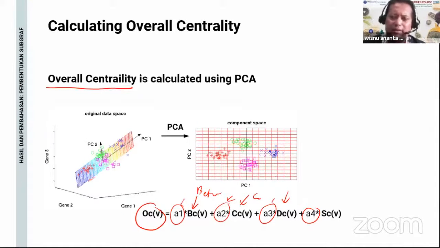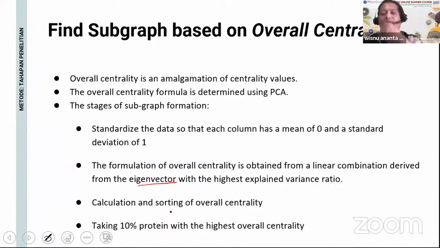After that, you can implement this weight. So you have a formula of overall centrality, and you can calculate each protein node to get their overall centrality, and then we can rank or sort the proteins